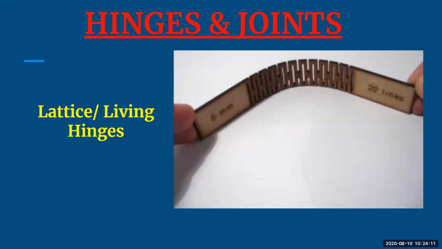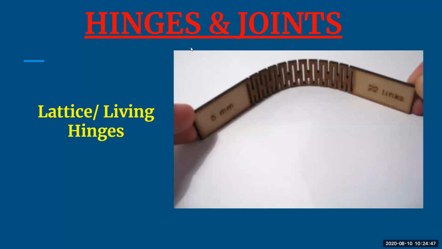When I talk about lattice and living hinges, you can see that this is a flexible material. Basically, this is introduced to have some curves in your design. Whenever you want to have curves in your design, and you want to close them, you want a structure which will hold that, so you can use hinges and joints. There is a series of lines which you can see, they are cut and perpendicular in direction. This is cut in this way because there should be flexibility. If you are keeping your spacing and cutting in that way, the curves are there and it is flexible for you to hold any material.